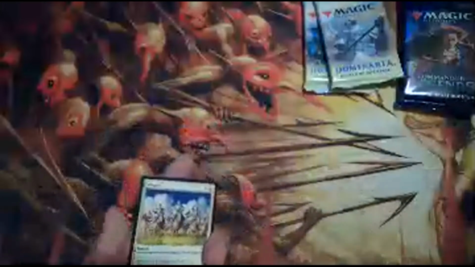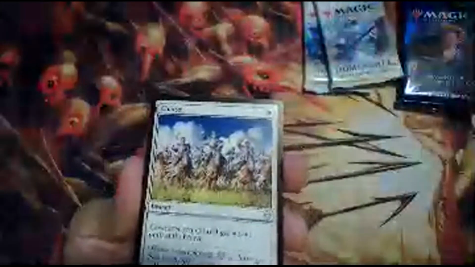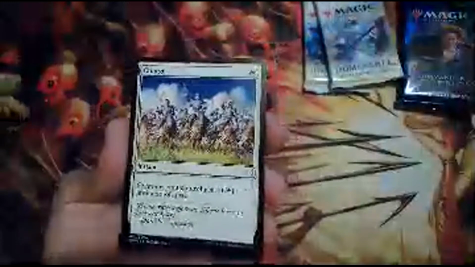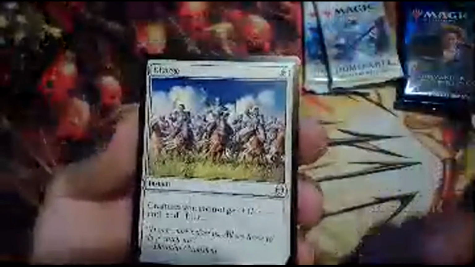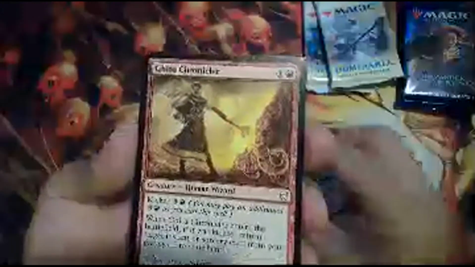Everybody thought Dominaria was kind of plain when it first came out, but now that we see it, it was just so well made. It's so well balanced. For me, it's a really awesome draft set. You can get everything in the draft experience with Dominaria. Really fun. So the first card here is Charge, Arcane Flight, Gitu Chronicler,